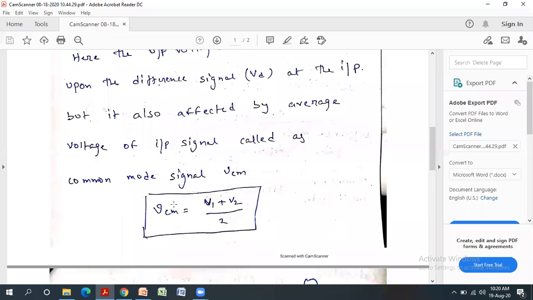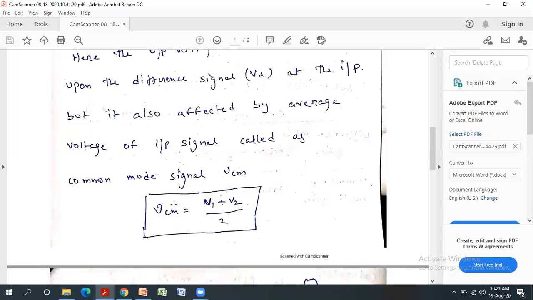So this is the common mode voltage. Again, what does the common mode component mean? If V1 is equal to V2, both input voltages are equal, at a practical amplifier condition, for a practical amplifier some small response is observed, and that small response to the input voltage is called the common mode component. It can be expressed like this: V suffix CM is equal to (V1 plus V2) by 2.